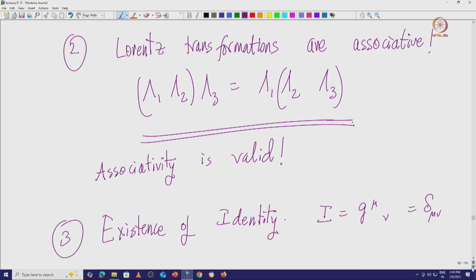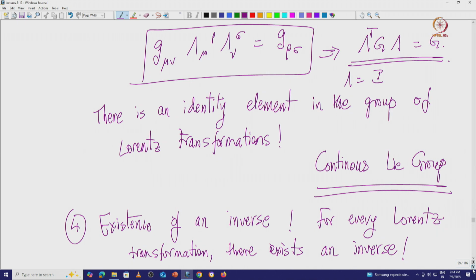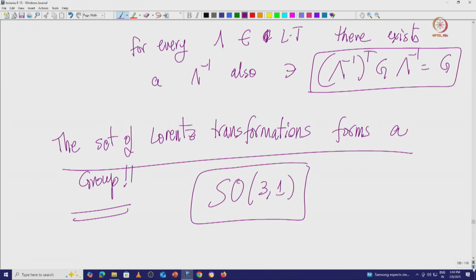So associativity is valid. Then we said that there exists an identity Lorentz transformation, which is nothing but the identity element, eta mu nu or g mu nu, which is unity, a unit matrix. So you can think of Lorentz transformations as starting with the unity, and then for every Lorentz transformation there also exists an inverse, so that it goes back to